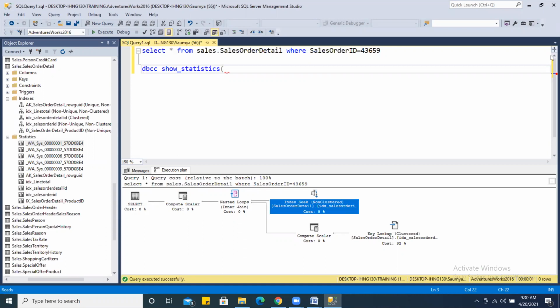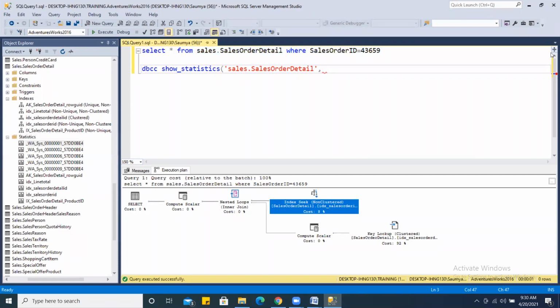Then you have to specify the table name. So this is my table name, and it contains one schema before that. This table is part of the Sales schema, so I have to put it within single quotes. Otherwise, there is no need to put it in single quotes if it is part of the dbo schema.